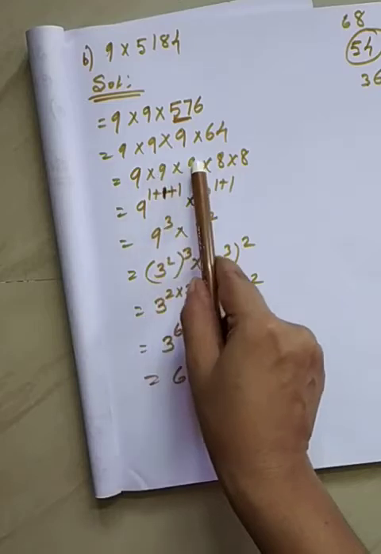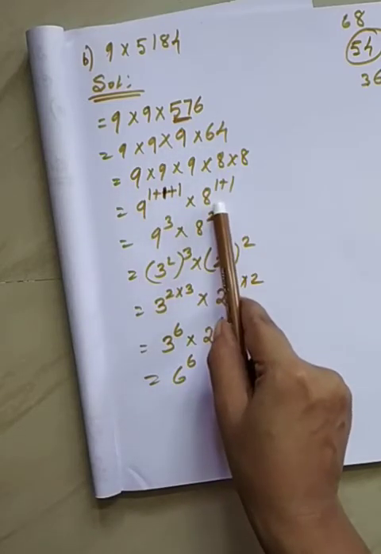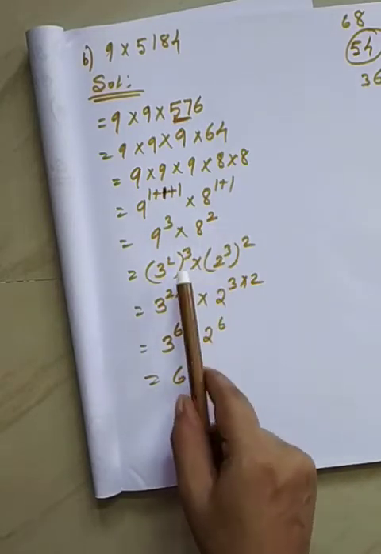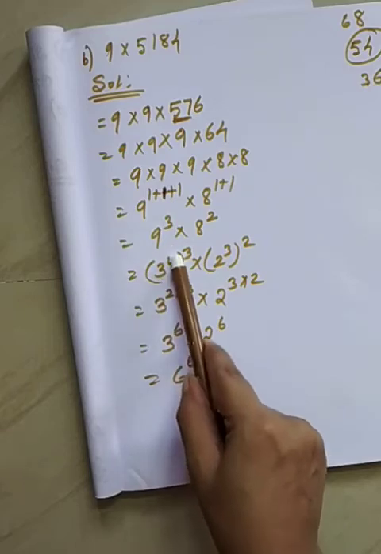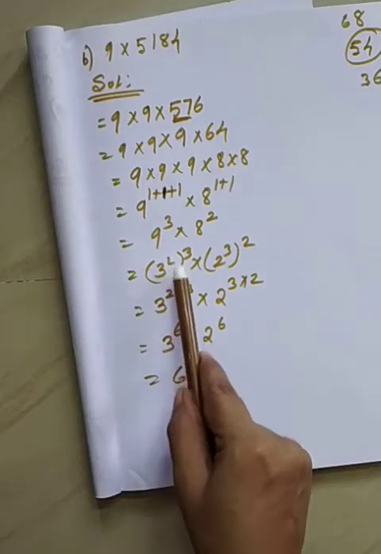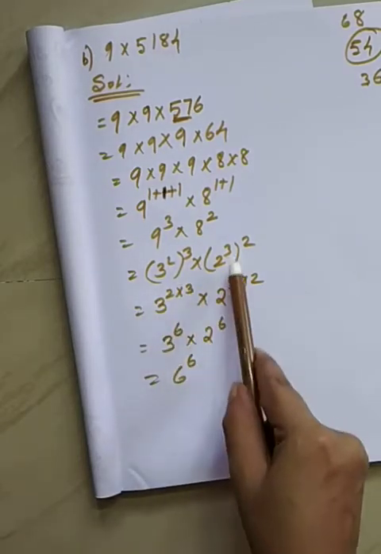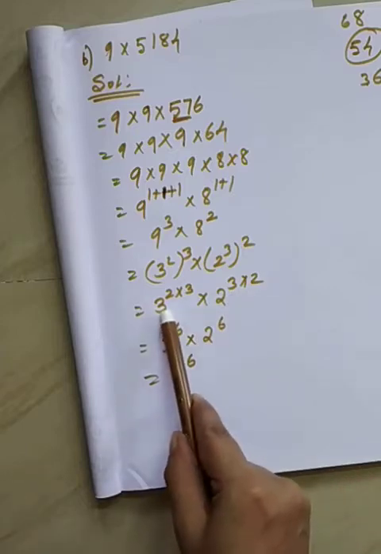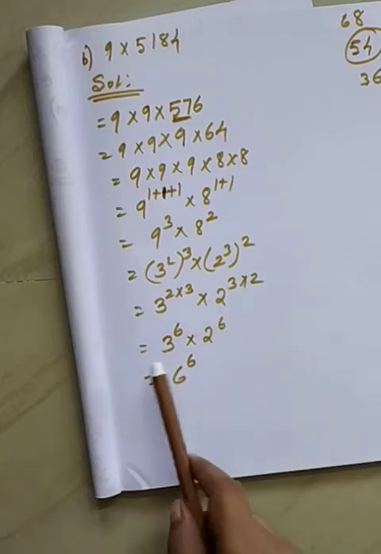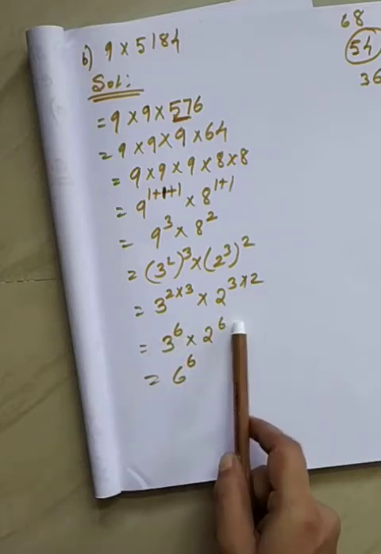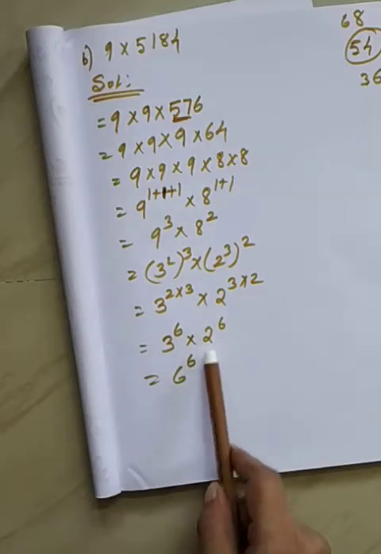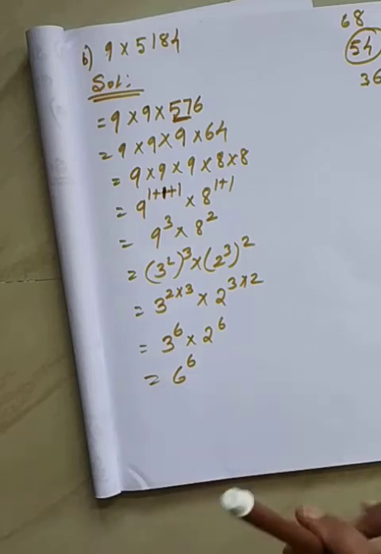Now see here, base is same, so add the powers. The same condition you can apply to this 8. Now here 9 cube into 8 square. See, everybody knows the 9 means 3 square, put in this 3. 8 means 2 cube, write in this 2. See here 2 into 3, 3 power, okay. And this one 2 power 3 into 2. See, 3 power 2 3s are 6, 2 power 3 2s are 6. Here base is different but order is same. So you can multiply the base first. 3 2s are 6. So order only one time you have to write. So your answer is 6 power 6.